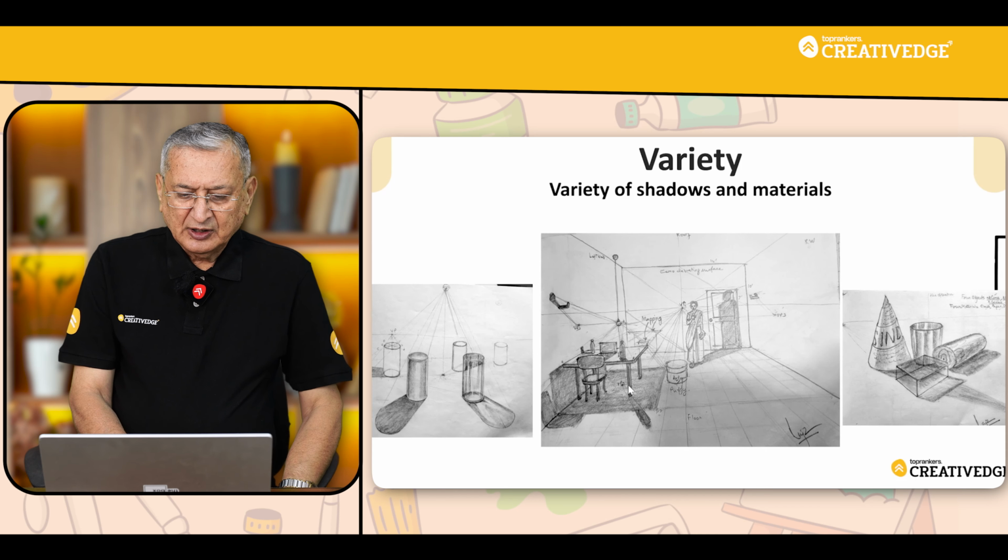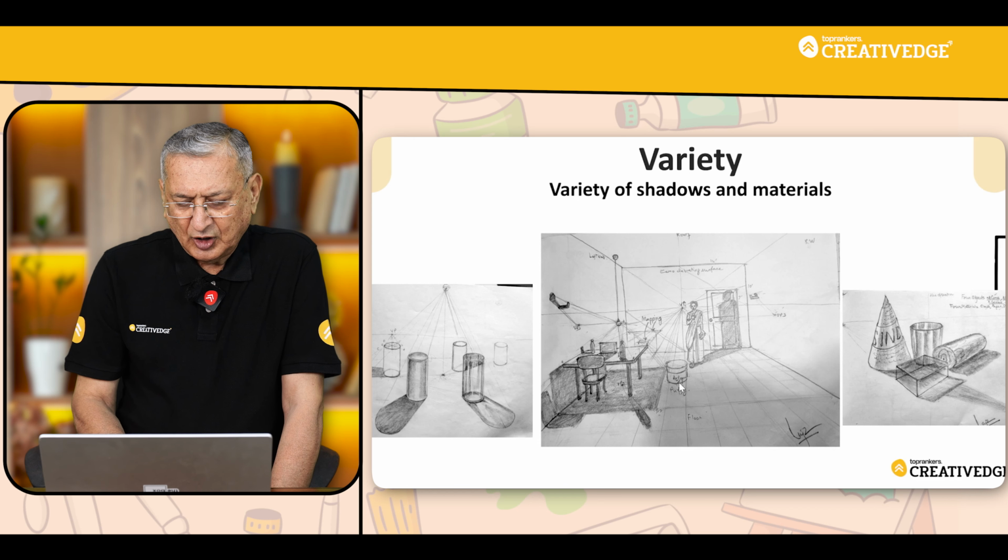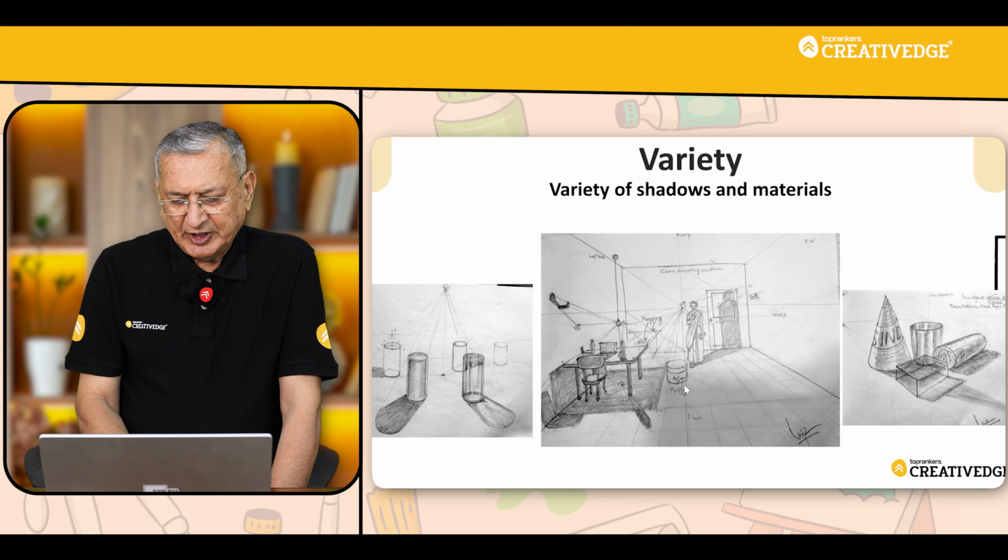A very interesting composition that I have made over here, that of the table, chair, a laptop kept on table, a water bottle or other couple of water bottles. Then there is a puffy here. What is left out in this is the shadow of the puffy, which I haven't made. Left it for you to copy it and then from your side make the shadow of the puffy.